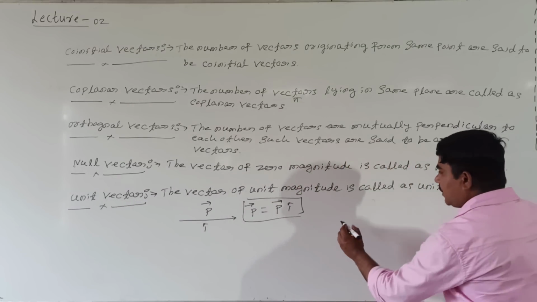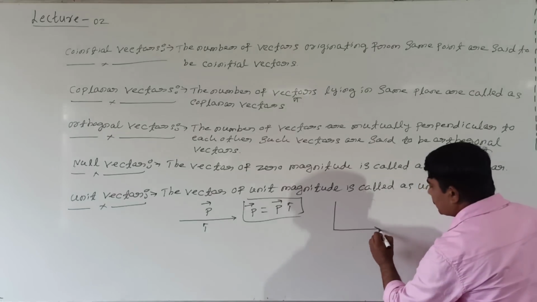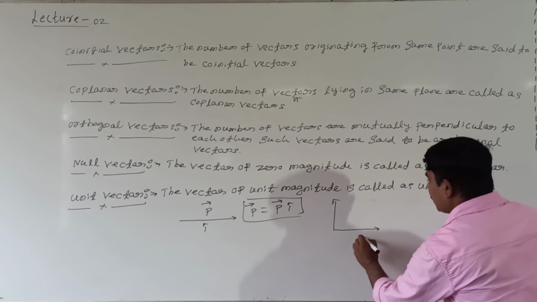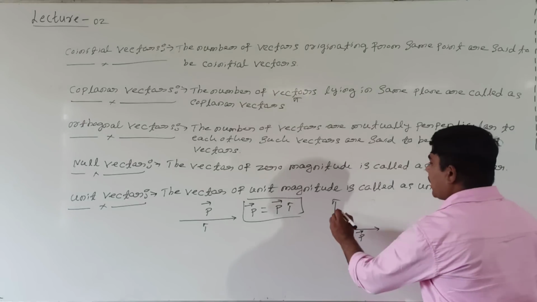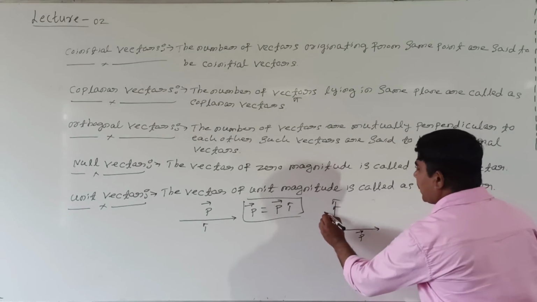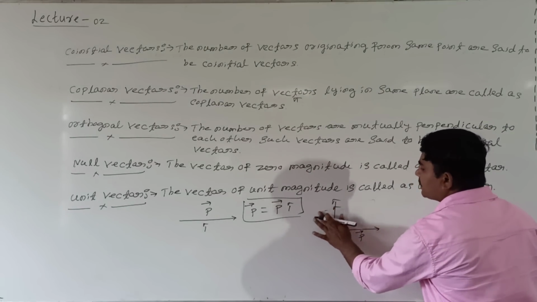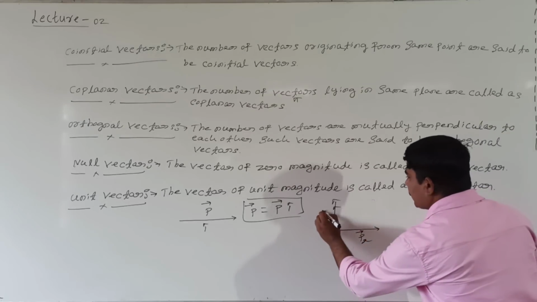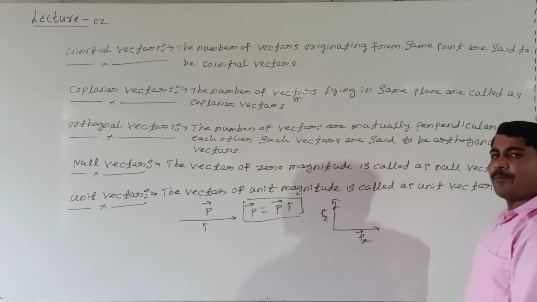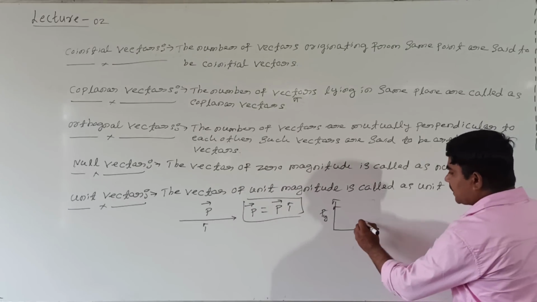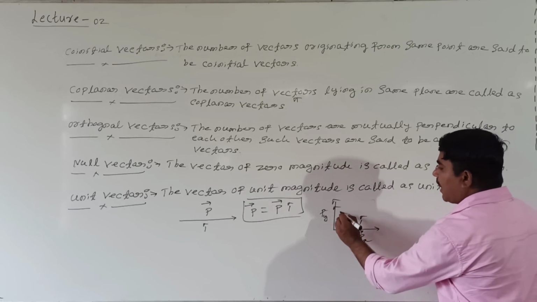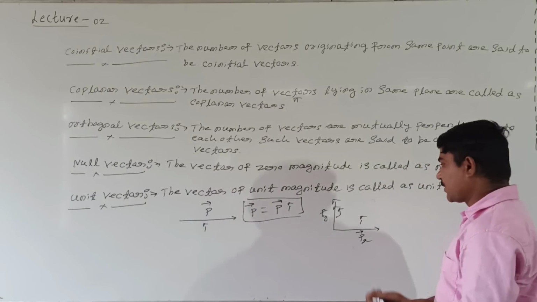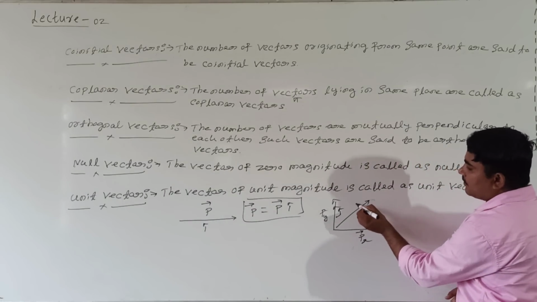Or in a plane, shall I take in the plane? In the plane, two vectors are there. See here, this one is the vector along x-axis, and along y-axis the other. The components of vectors are there. This is Px. What about this? This is Py. Component of vector. Along x-axis unit vector is I cap, along y-axis unit vector is j cap. And this is one vector, the resultant vector we can call.